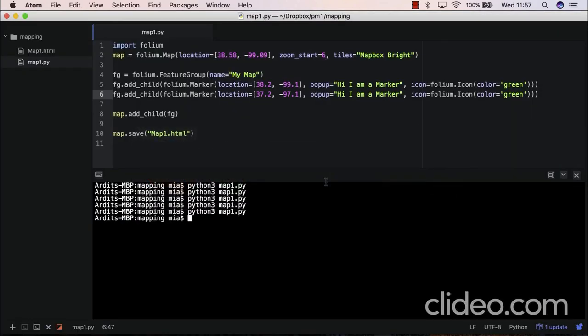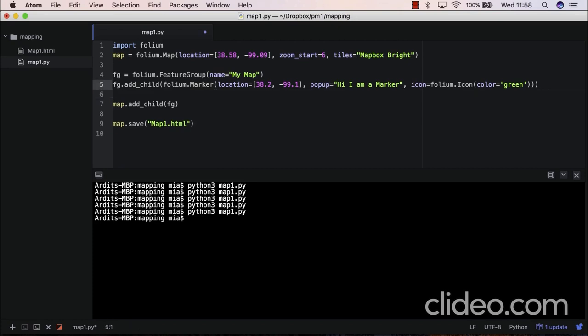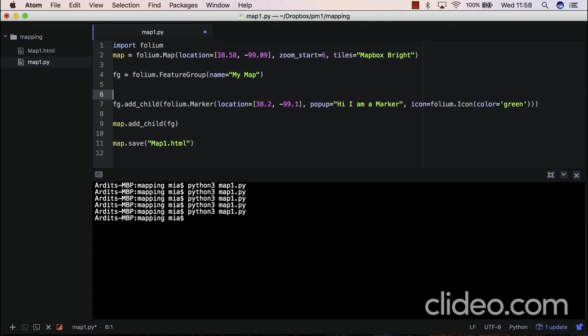So as you realize, it's not possible to add multiple markers with one single method. With one single marker method, you need to apply the method multiple times. However, this is not very smart to do. And that's the beauty of programming. You can use a for loop to actually add multiple markers to the map. So we're talking about the Python for loop, which is one of the fundamental features of Python. The for loop has nothing to do with folium. Let's say for